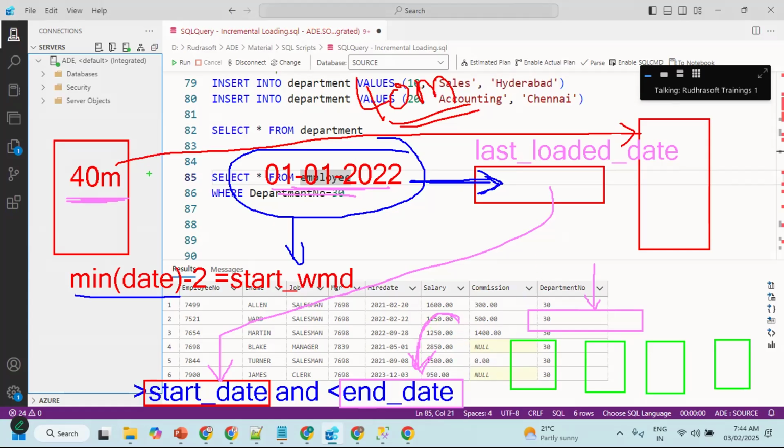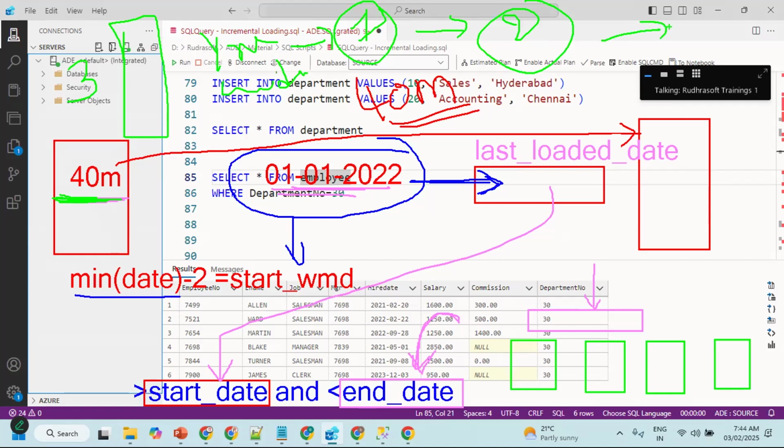If they ask, you can say you can pass the filter. We can divide that entire 3 years of data into 3 parts, from the starting day of the year till the ending day of the year. So 1 year will be completed in one shot. In the second iteration, it will go for the second year, and in the third iteration, it will go for the third year. After completion of these 40 million rows of data,